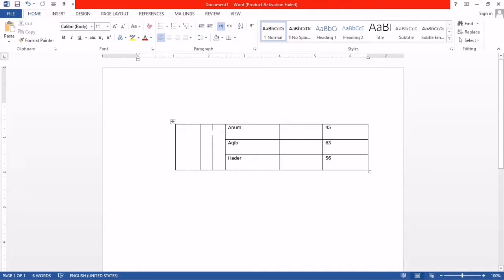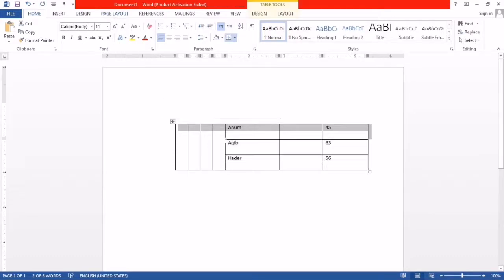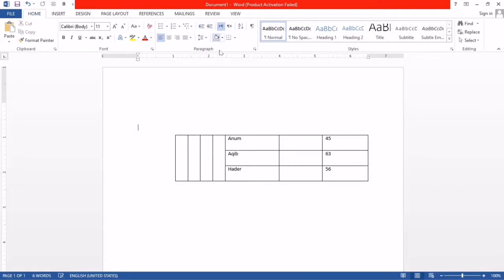Again, I select this all, or you can select a portion of this again, like this one. Here you can see the layout tab. Before this it did not appear, when you select this it appears, and now split table, you can see this moves down again. So in this way the table is split.